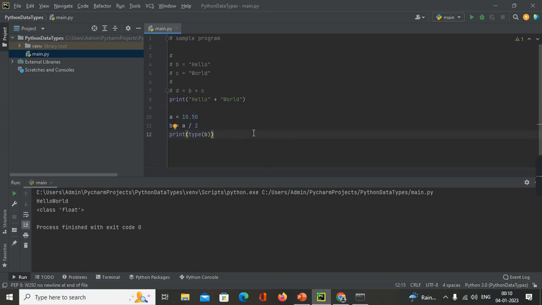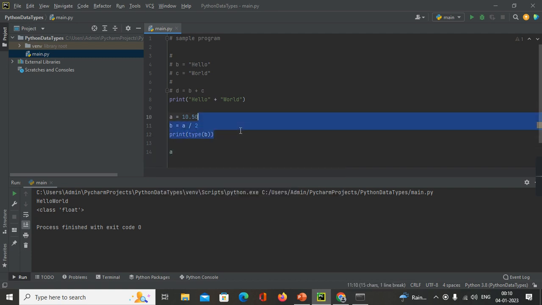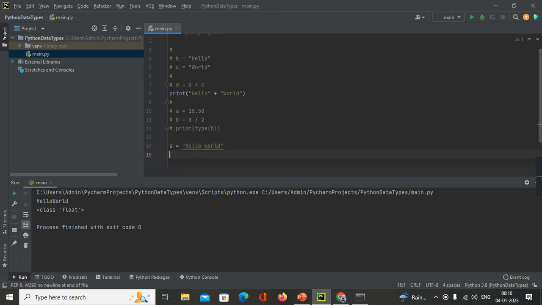Then next is string, which we have anyway discussed. Okay, I'll show you some more variations in the string. So we have seen only single word strings, right? So let's think about a equal to hello world. So this we have seen. But think about the situation where we want to print or store a multi-line string. Okay, how will we store that? And one more thing, before even multi-line strings, let's think about this case also,